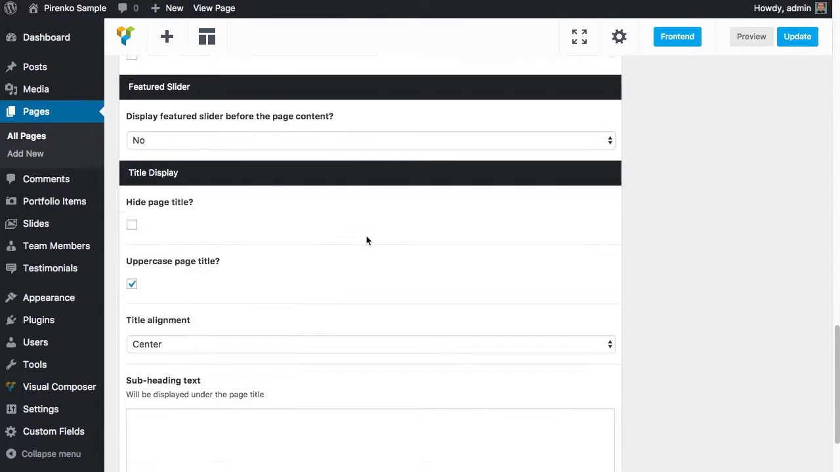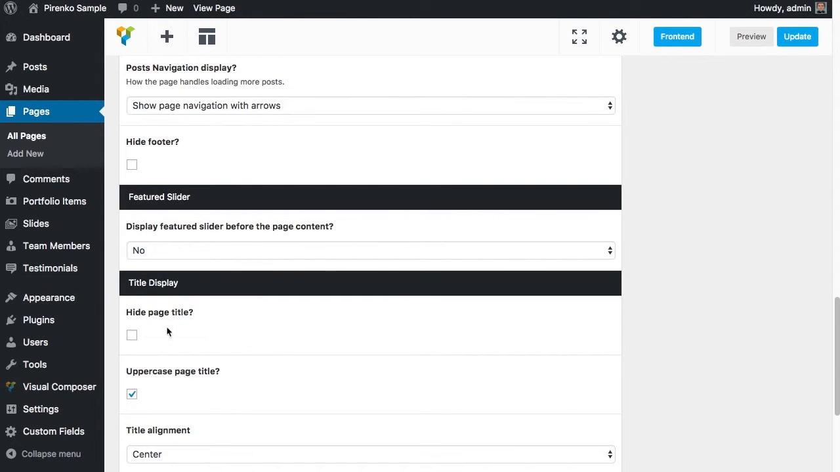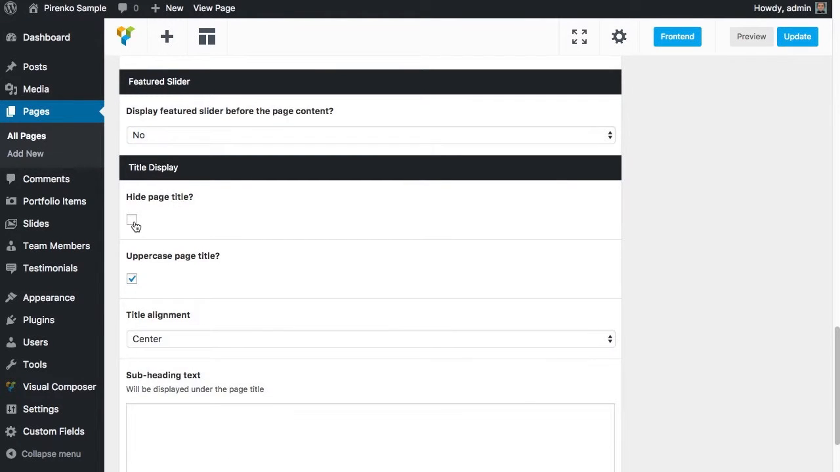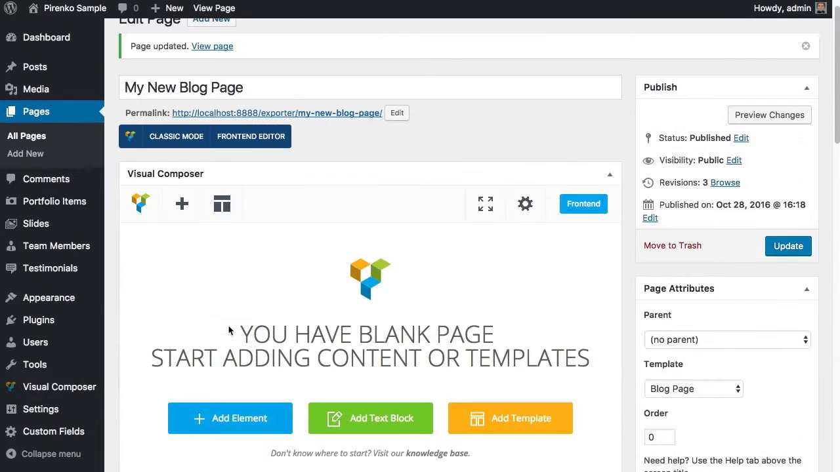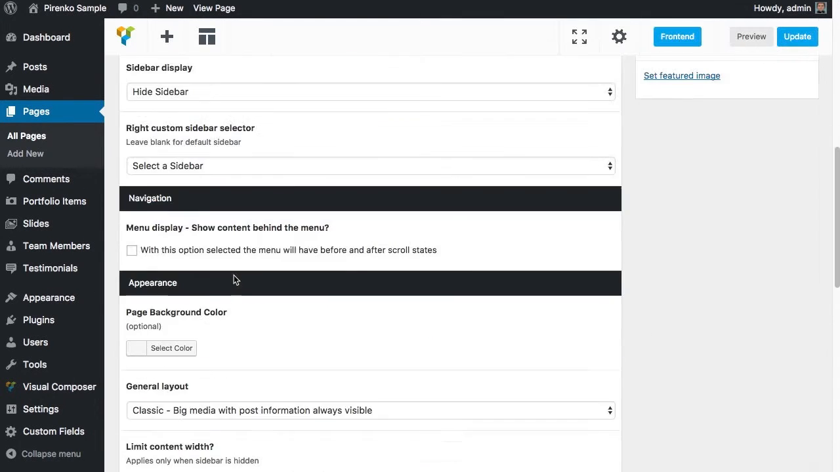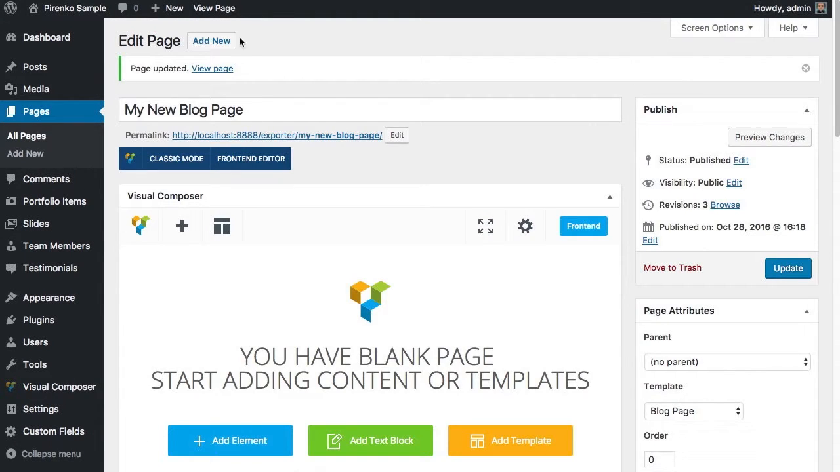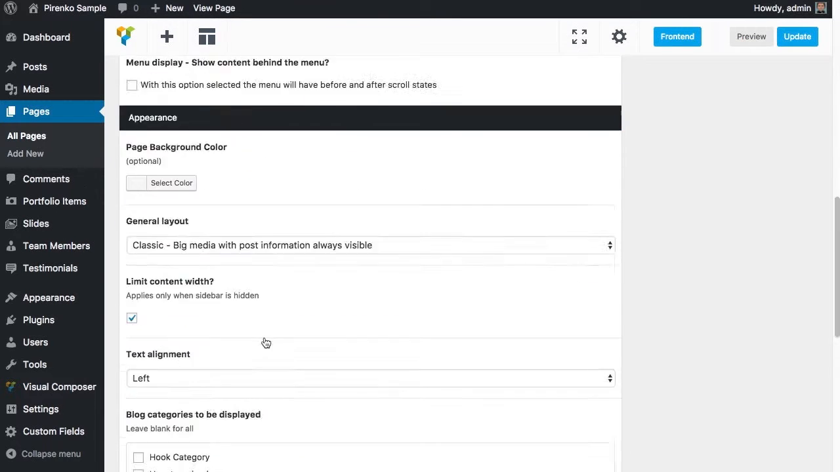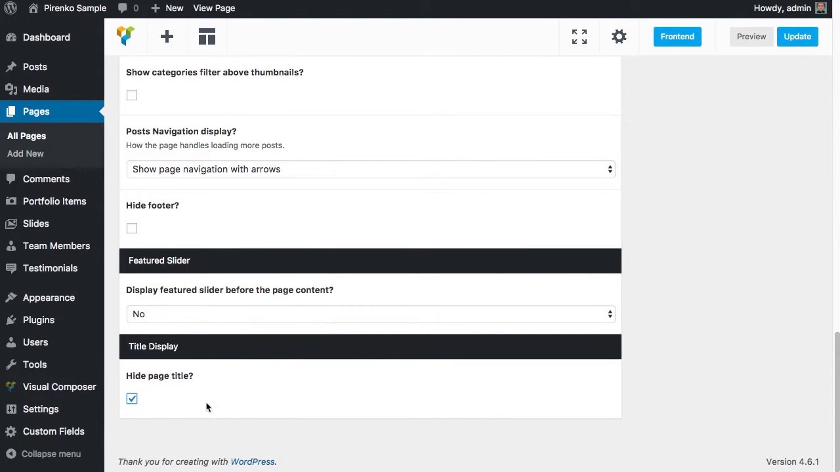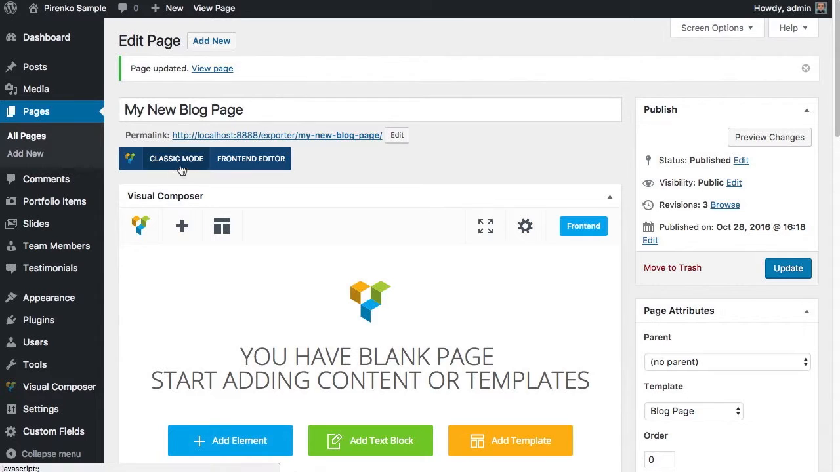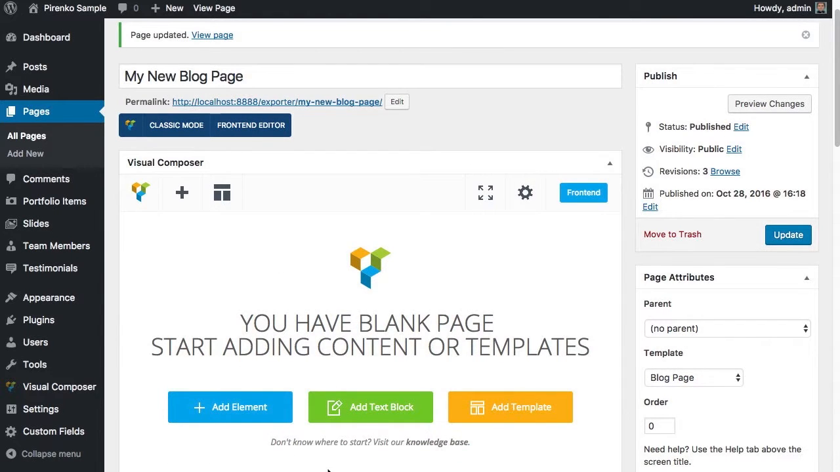Let me see what other options we have. There are some extra options related to the title, and you can also have a feature slider above the content. Let's try and hide our page title. If you look into the theme demos, you'll see that on most of the blog pages we have a header before the content. What I have done there is I selected the option to hide the page title, and then on the page content